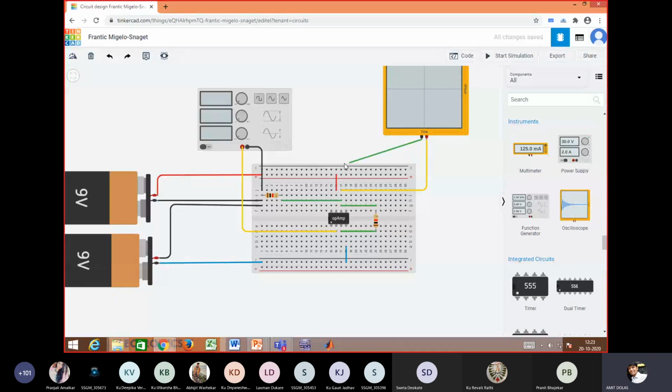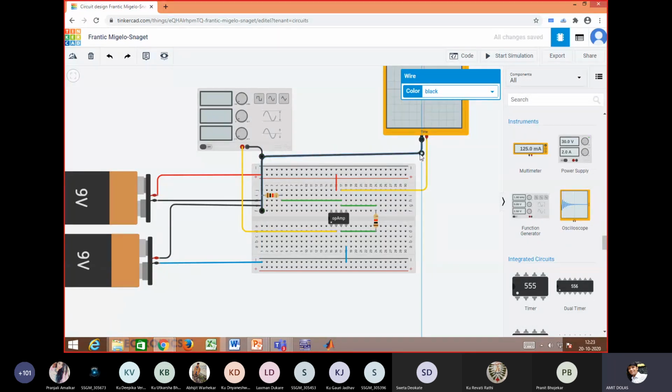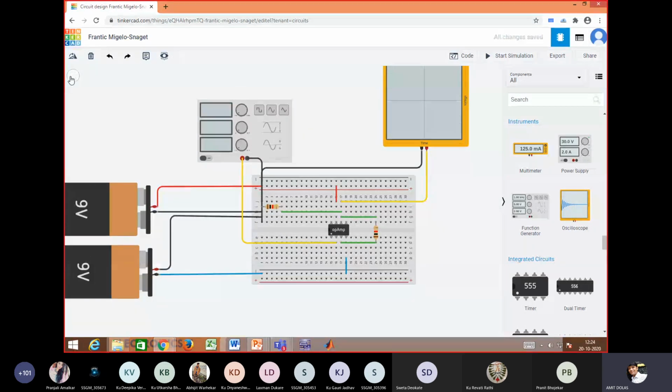Connect it to black. So this is ground, color black. Okay, now input and output, input is connected and output is to be monitored. Now we'll start simulation.